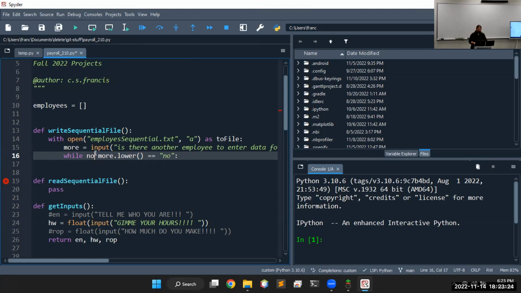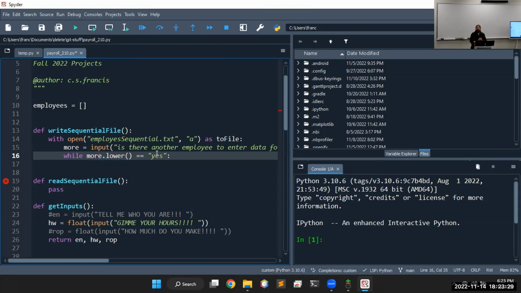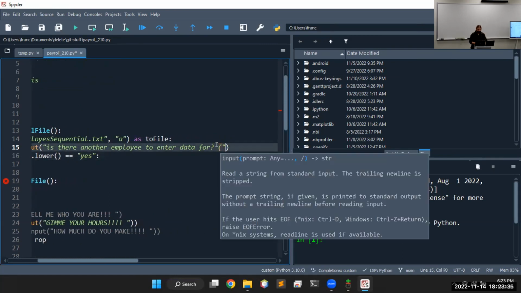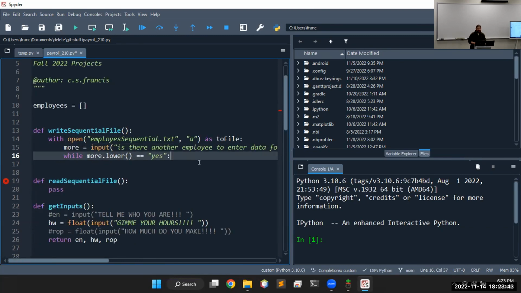Or we could just say while it is yes, I guess. Multiple ways we can do the list. My first thought was to put it in as not no. I guess not no is the same thing as yes, because I think about it a little further. So while there's another one to enter,